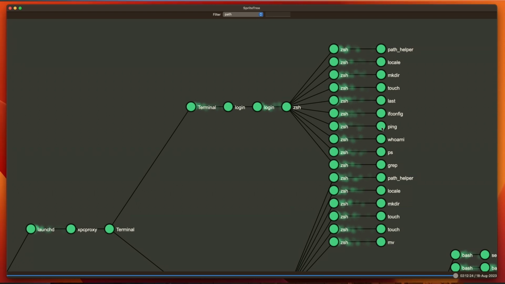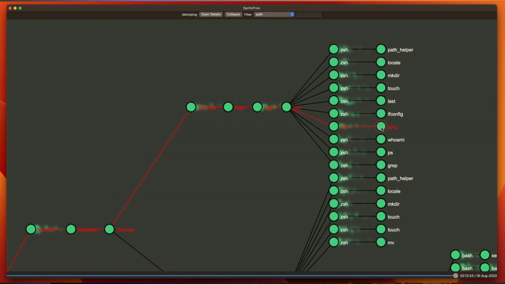If you look at the process tree, you'll notice that we're looking at a branch for the terminal we opened. First is a list of commands that were executed in the background when we opened the terminal. And then we see all the commands that we executed in the terminal itself.